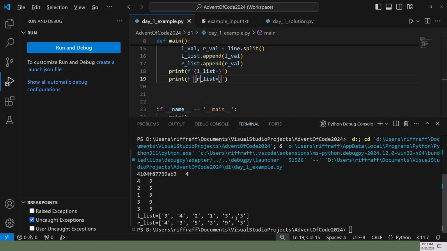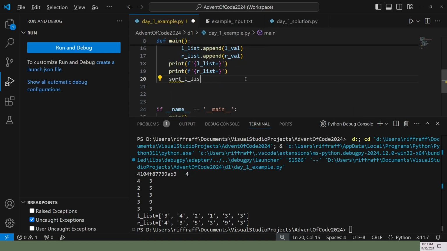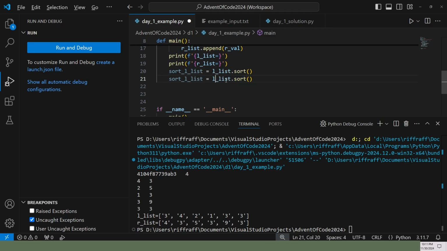That looks better. So now we sort these lists, and we are going to compare them for this distance thing it's looking for. How are we going to sort this? We can just sort this, right? Yeah. So this is going to be slow, but we don't have a lot of numbers right now. So that is going to be okay.